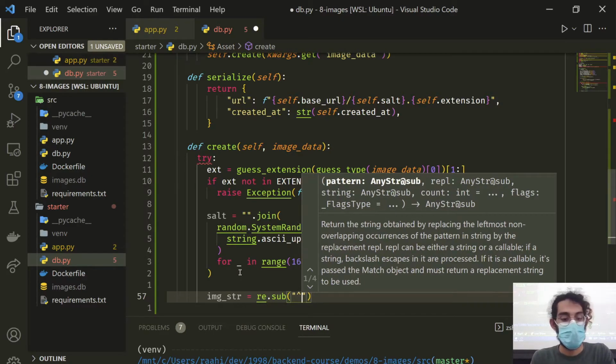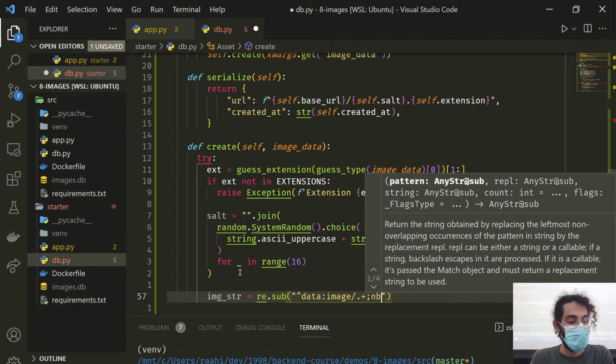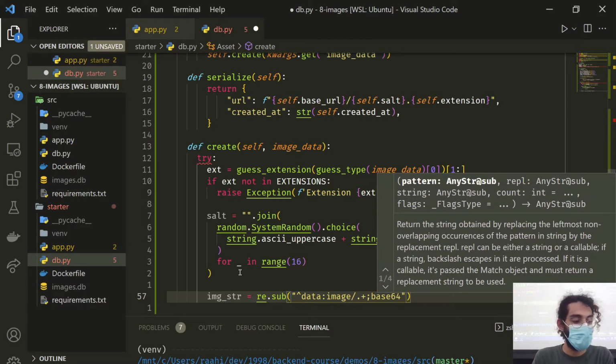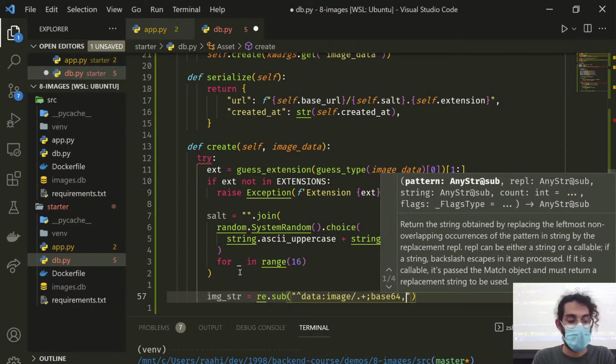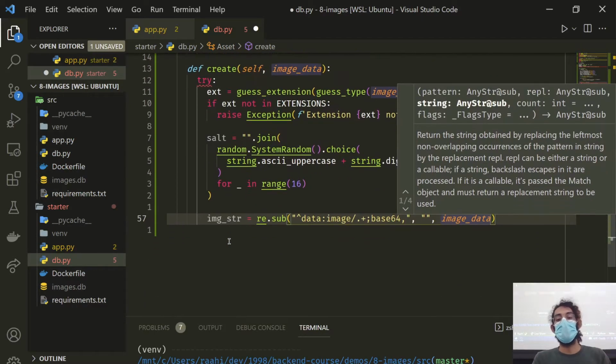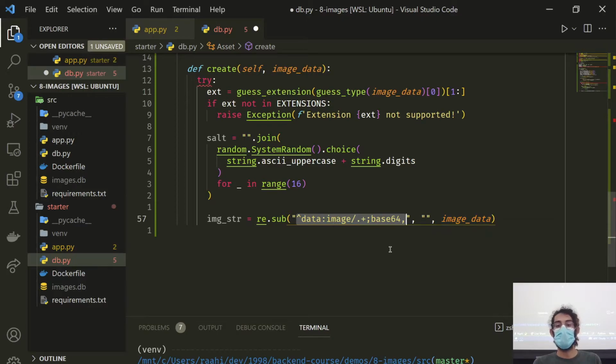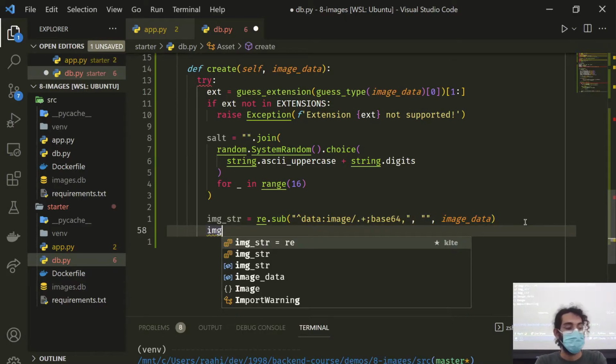So we're going to say data, image, plus, base64, comma, image data. And to just give you an idea of what this is doing, it's finding a regular expression within our image data string that matches this. So it's looking for where data image is, up to where base64 ends, and then replacing all of that with an empty string, for some context. The actual image data,